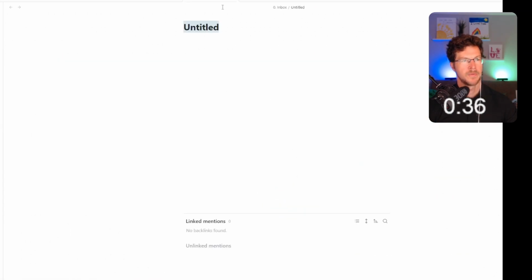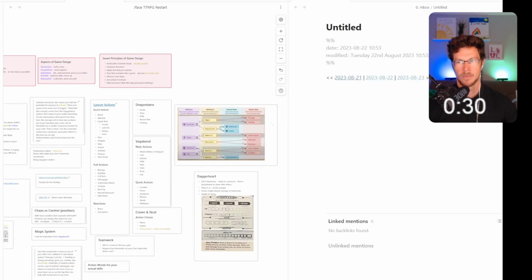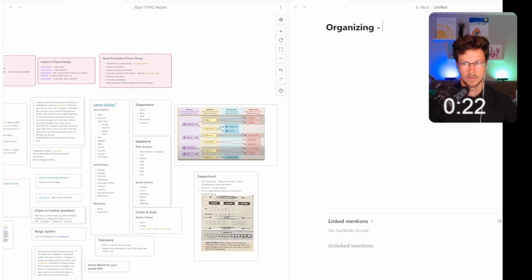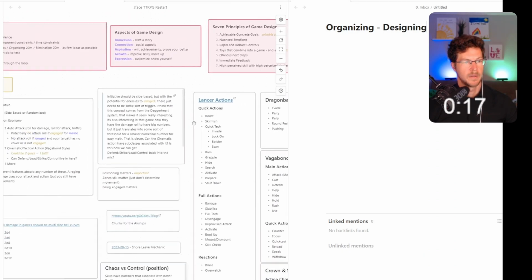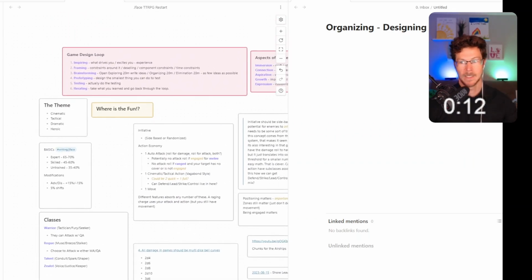Okay, create a new file. Let us begin the next portion. I'm going to create a file. I'm going to put it here. I'm going to delete all this. Or I think this is technically called organizing or designing. All right, and then we have this stuff over here. And so I will be pulling from here, and hopefully this is easy enough to see for y'all as I kind of get this going. So let's pause this. Let me take a sip, reset my clock. Good old H2O. And now let's do it.